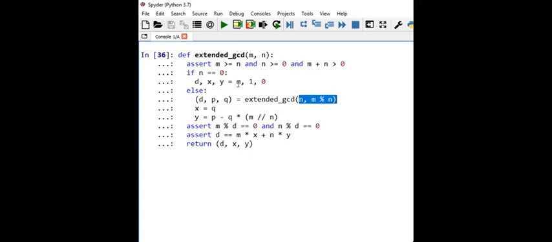So m can be represented as m into 1 plus n into 0. So that means the value of x must be 1 and the value of y must be 0. So this is nothing but our base case. And now these two equations which we have already derived will be useful in order to get the values of x and y from this p and q.